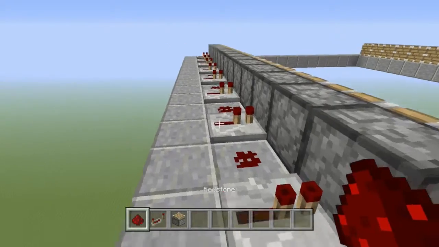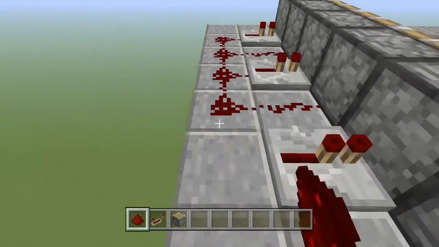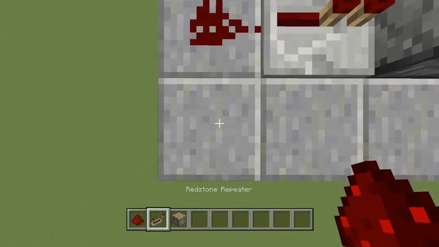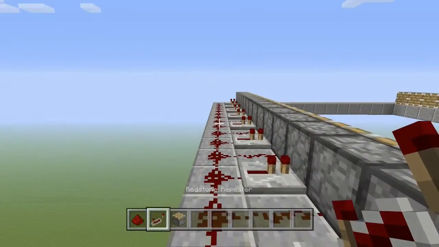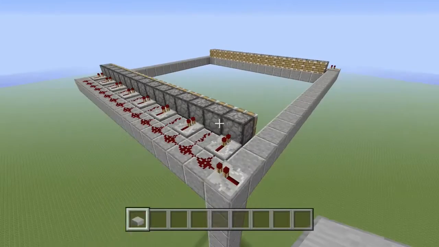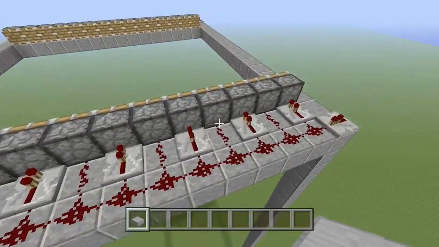Once that's done, grab some redstone dust, and go all the way down this row. And when you get to the end, place a redstone repeater facing into it. And do the same on the other side. Once you have your 15 pistons on each side and them all wired up with redstone, grab a slab